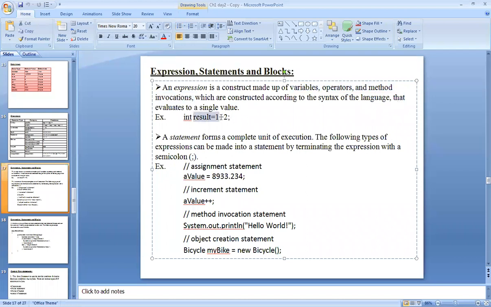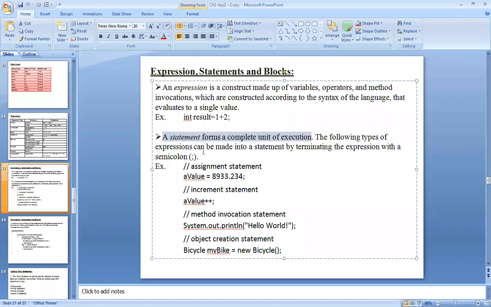So whenever you generate any type of variable, operator and method invocation, together they can make one expression. So this is one expression: result is equal to 1 plus 2. Next, a statement forms a complete unit of execution.